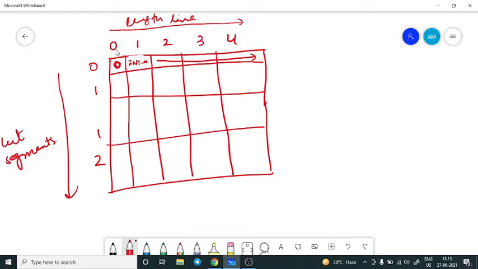And now, moving further, coming back to this one, this will be entirely filled with zeros. Why zeros? Because if I have a line segment of 0 length, and 1, 1, 2 are the cut segments allowed to us, how many cuts can we possibly do? That is 0 cuts, because we cannot cut this segment: the line length is 0, and the cut segment is greater than 0. So that's why we cannot do that.